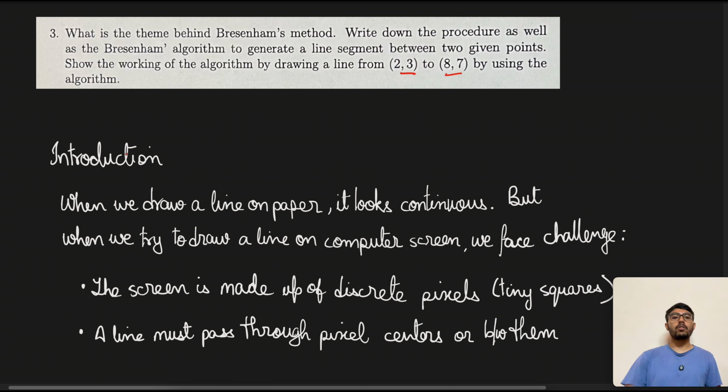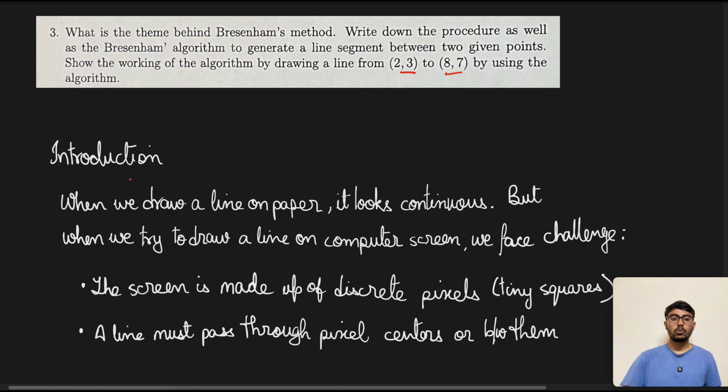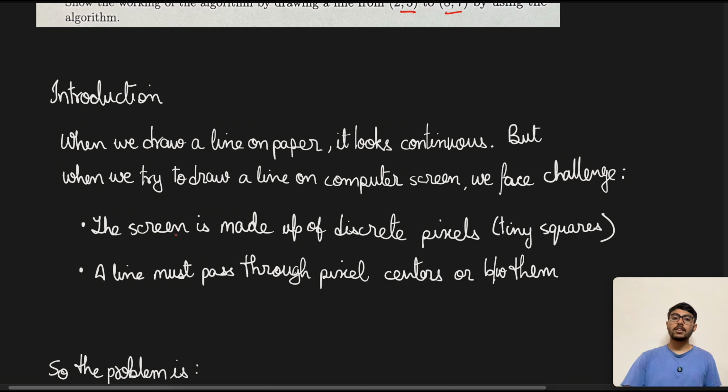Introduction. When we draw a line on paper, it looks continuous, right? But when we try to draw a line on a computer screen, we face some challenges. The challenge being the screen is made of pixels, which are discrete in nature, and a line must pass through the pixel centers or between them. Okay, so either the line would pass something like this, right, where the center is available, or it should pass somewhere